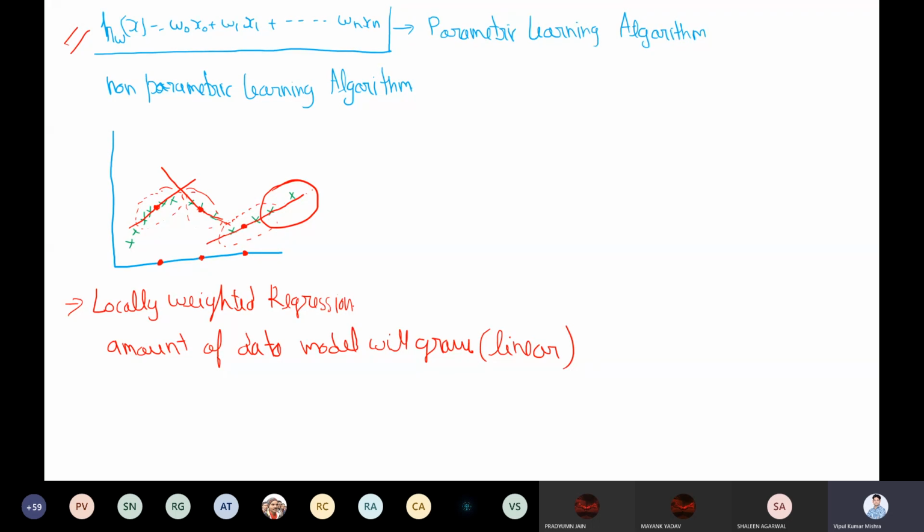Means you need to first load the training examples and then you make the inference. So here the training is very fast, but the inference is very slow. So that is the problem in this locally weighted regression. Definitely the quality of the result will be high in many cases, but they have a big problem with the inference, the testing time, right? So we'll discuss all those things in the next lecture: how to make the model, how to create such kind of model, and how to control it.